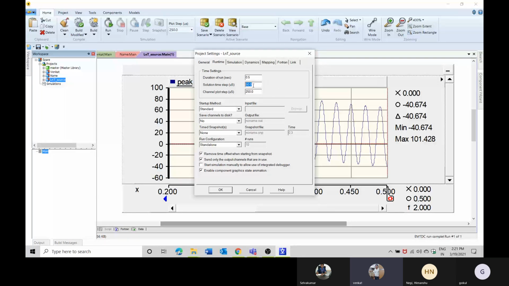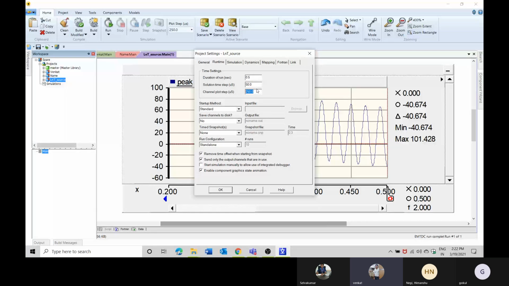This particular software will take output for each 50 microseconds. For each 50 microseconds it will take the information, and it has recorded for each 50 microseconds. But what we have done is set 250 microseconds in the channel plot step.